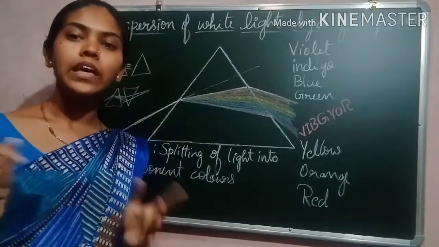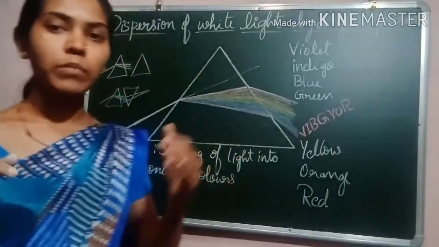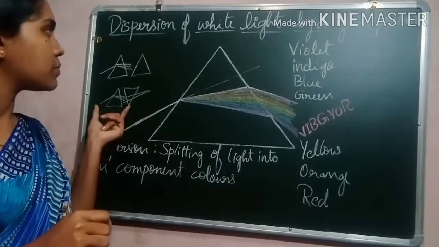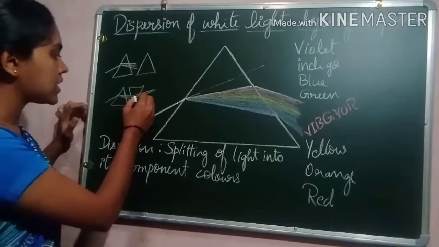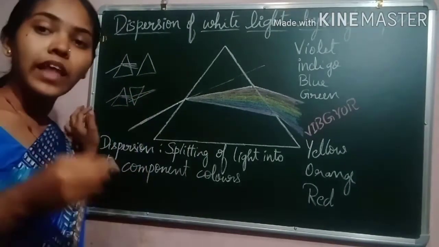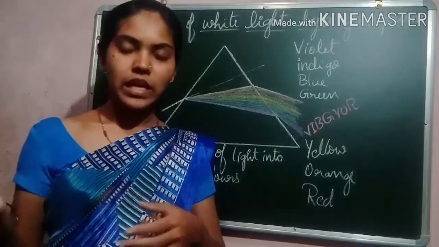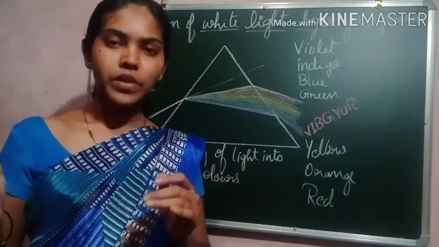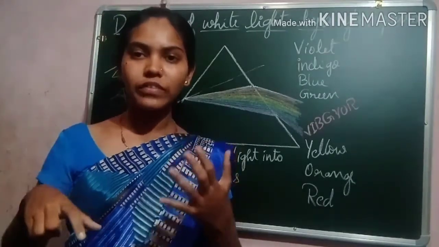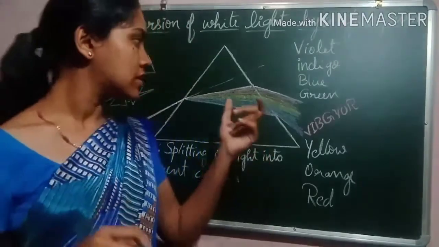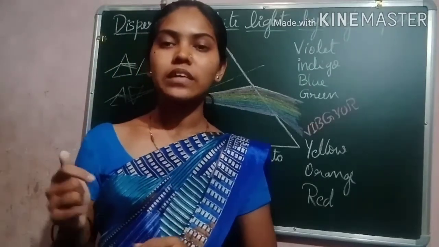formation of the rainbow. He connected the idea of the formation of a rainbow with this dispersion of white light through the prism. He found that white light emerges through the prism. That gave the idea that sunlight is made up of 7 colors. So he referred to that light as white light: any light that gives this spectrum of colors is known as white light.